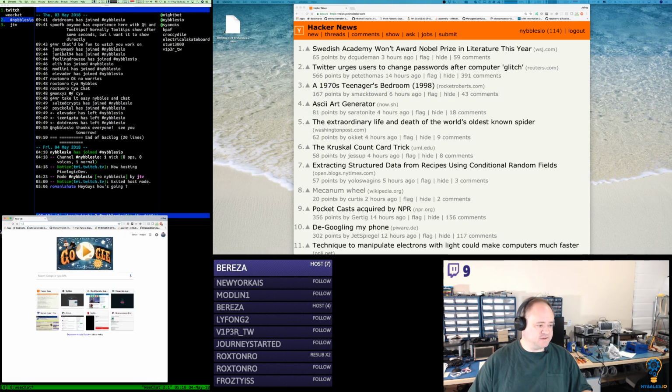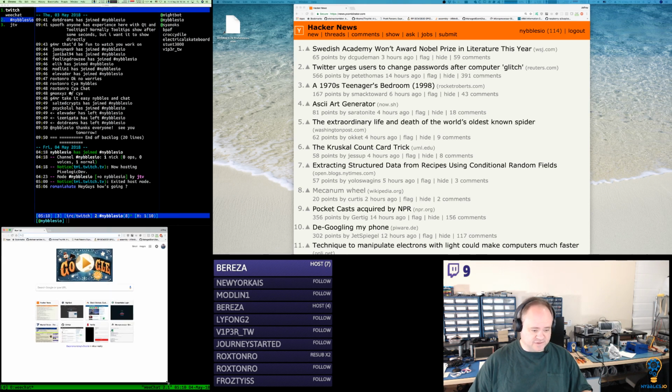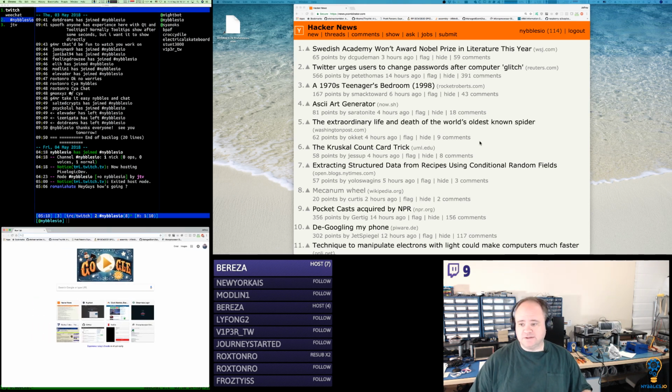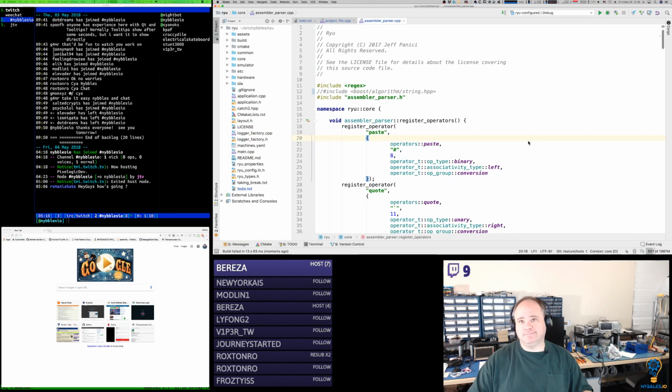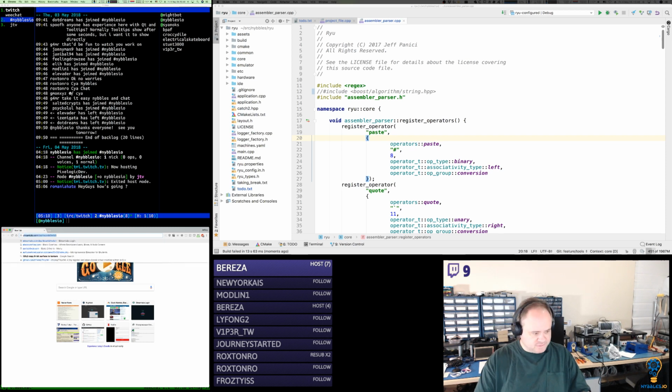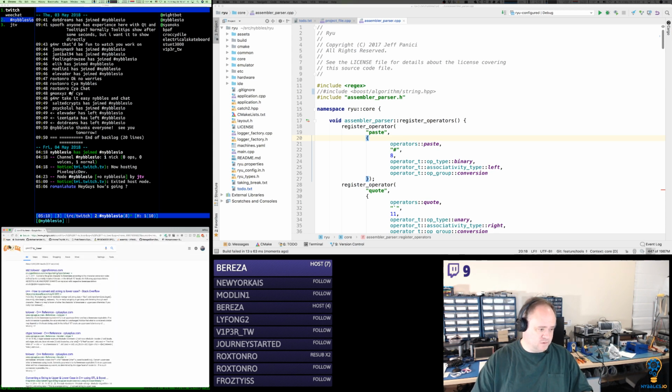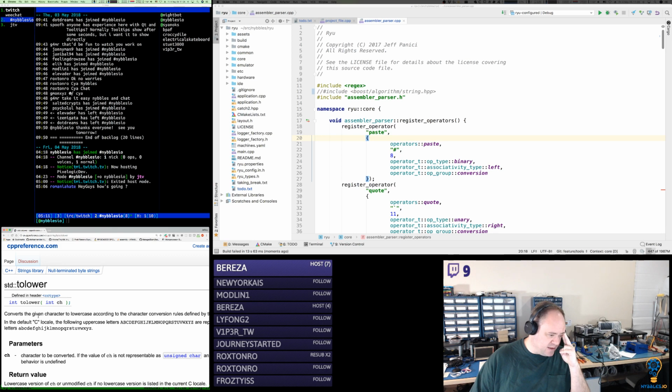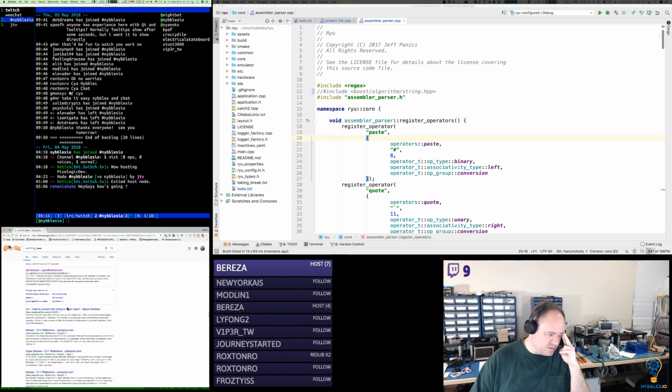Let's see if there's something in the standard library that I could just swap those out for. Because some of these are simple, right? Excuse me. So C++17 to lower. So there is a standard to lower. But this is the old-fashioned character version.